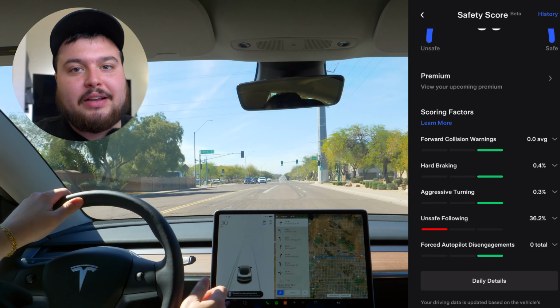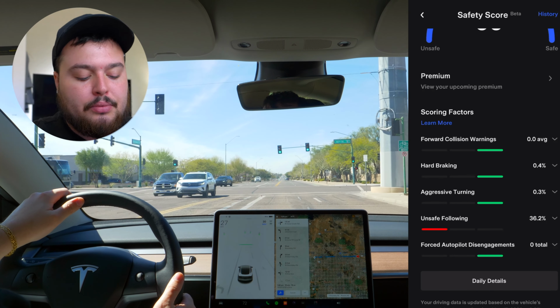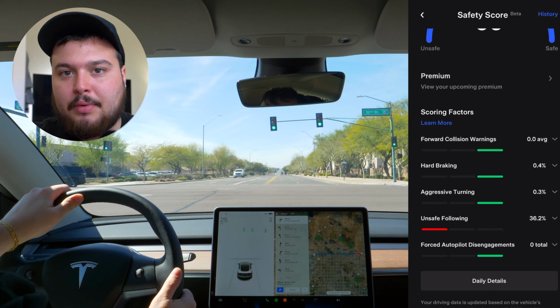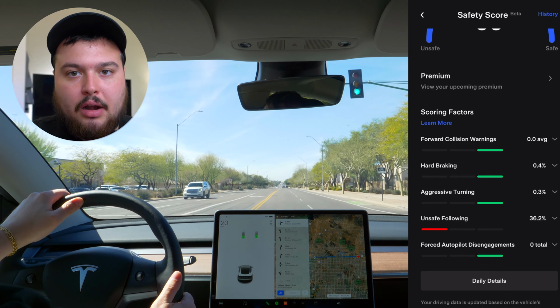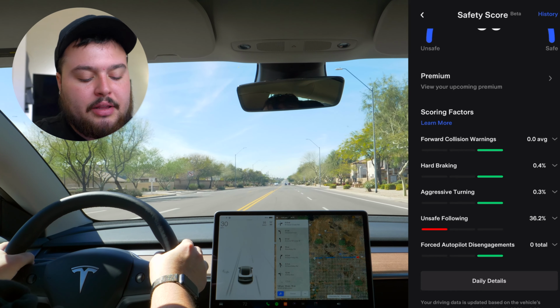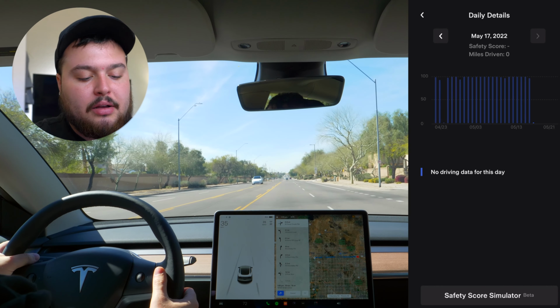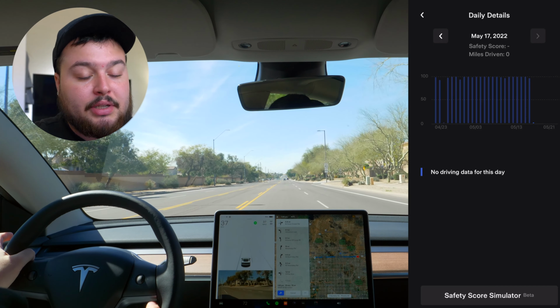I do live in Phoenix, Arizona, and it is really, really hard to not unsafely follow. I mean, people are going to cut in front of me. There's really nothing I can do about that. And then forced autopilot disengagements are 0. So let's go into the daily details and take a look at how I've been able to get a 99